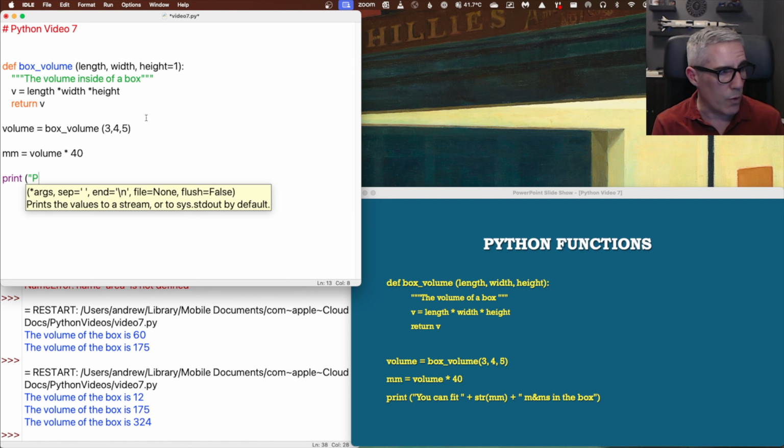And we do print, you can fit, that tells us how many M&Ms we can fit, and then we're saying